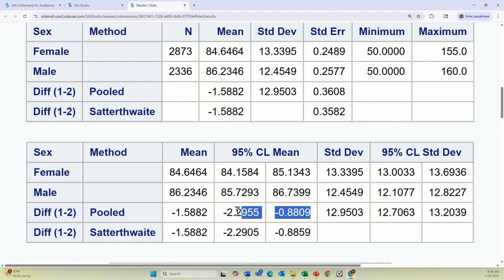the statistical tool SAS is also calculating the 95% confidence interval, which is in fact telling us that the true population difference ranges from approximately 0.88 millimeters of mercury to approximately 2.29 millimeters of mercury. In this sample of 5,209 individuals, the diastolic blood pressure of females is approximately 1.6 millimeters of mercury lower than males, but the true population difference might lie somewhere between this value and this value, meaning that if